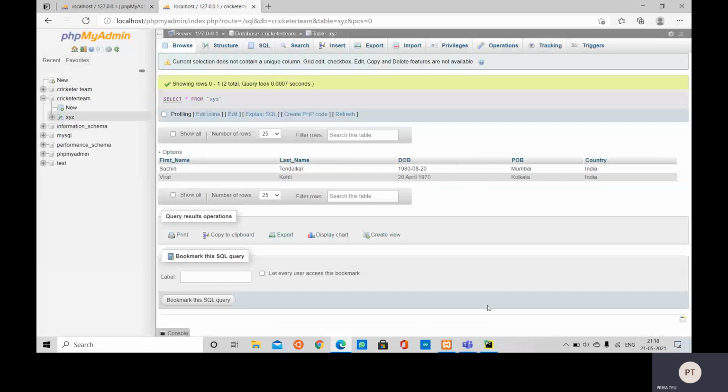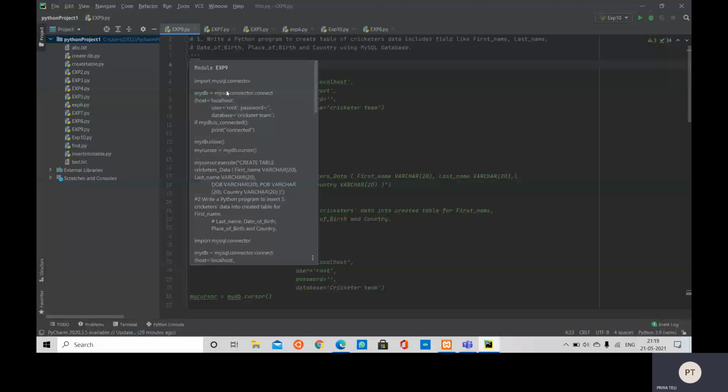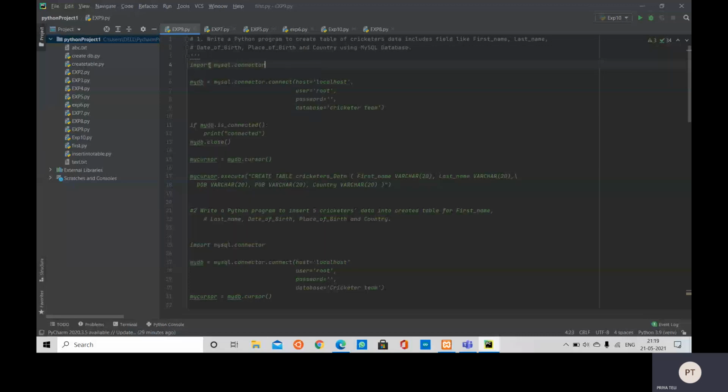So let us move to our PyCharm. Now we will see how to connect our Python program to our database. As we have installed the two packages, MySQL Connector and ConnectorDB, we are going to use these.